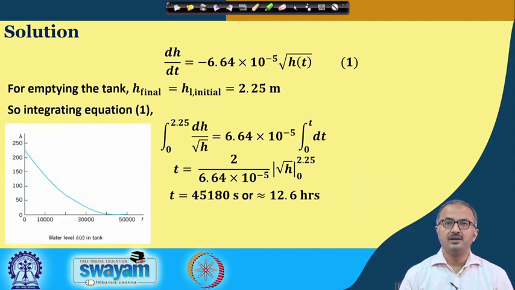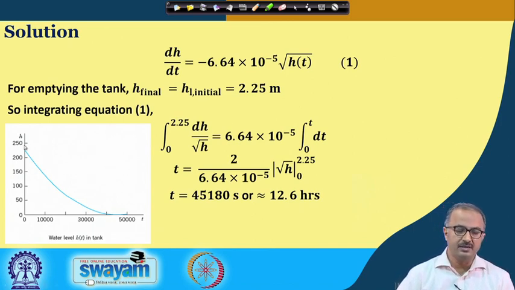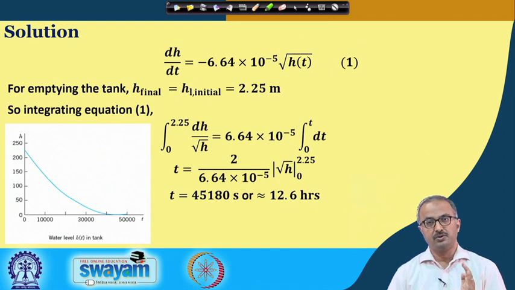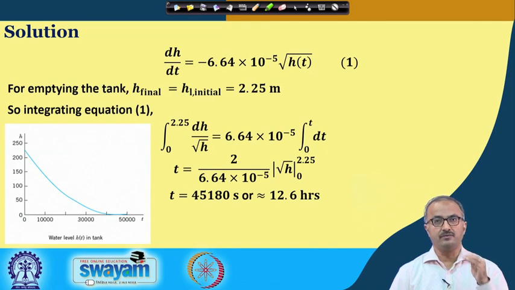Now, if you plot the variation of the water level with time, you will typically get this kind of nature. You see that it first falls very fast and then slowly the slope is changing. Slope changing means the initial rate of change of the water level is slowing down. It is getting slower with time. So, initially the drop is faster and then the drop is slower, because the velocity decreases due to the decrease in the level of the water in the tank. So, it is not a constant slope line.